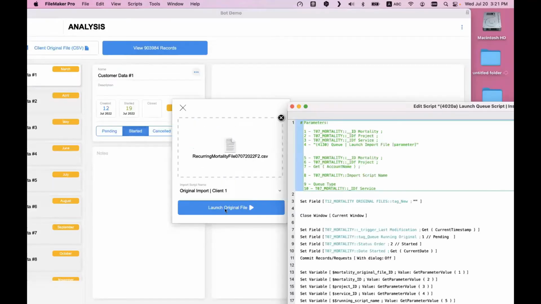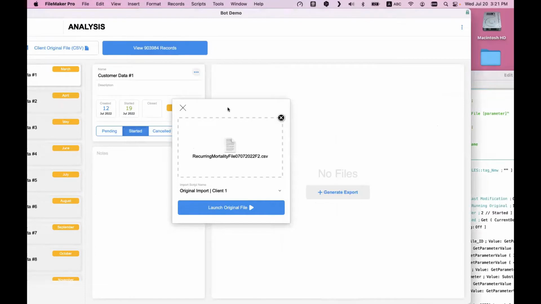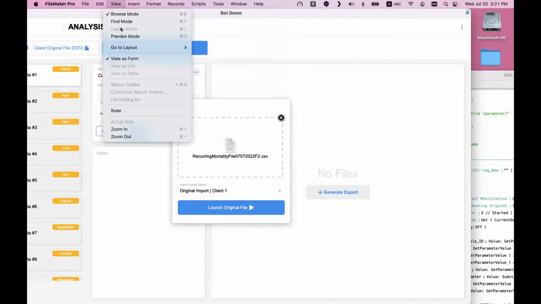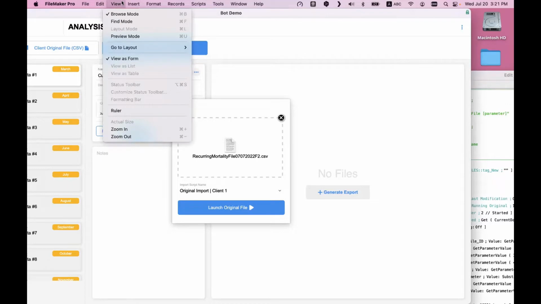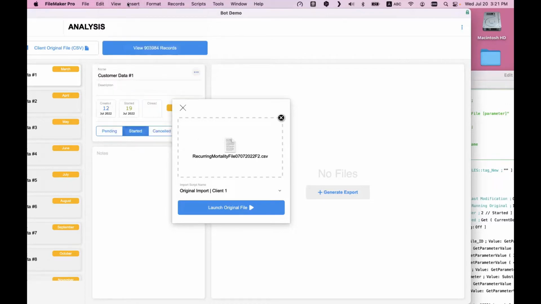Attached to the button, I'm launching this. So let's see how it is. I already showed you this, but here's another tip. This window here is a card window, so I cannot go to layout mode, which is a pain in the neck. Thank you, Claris, to fix that for us. Please, pretty please, I want a way to go to browse mode and layout mode in a card, but if one day you have some time, please.